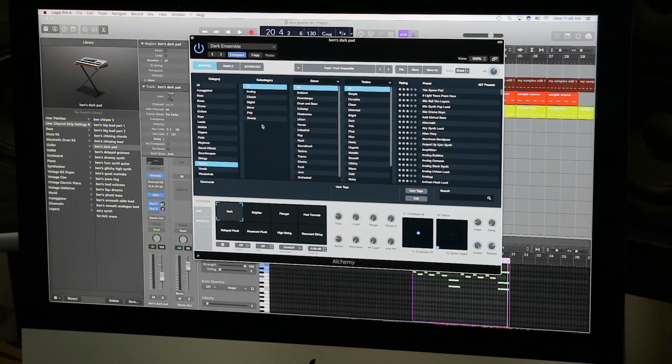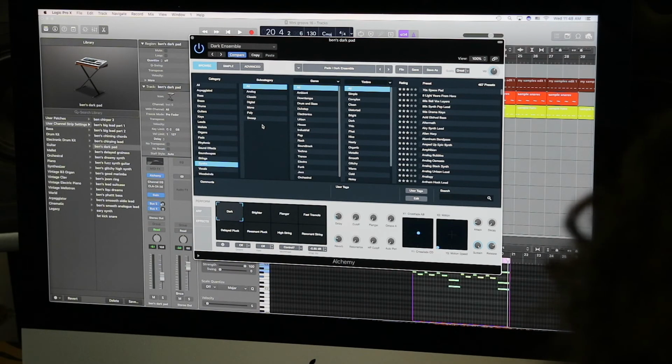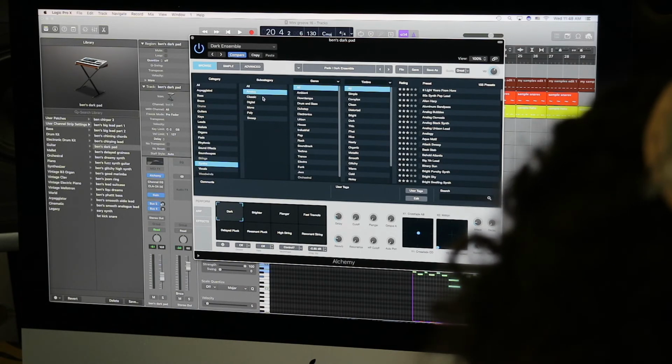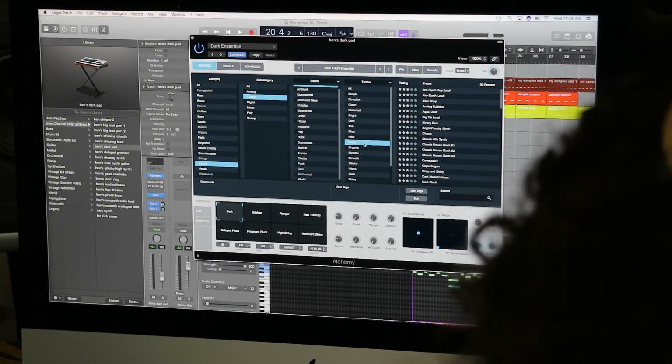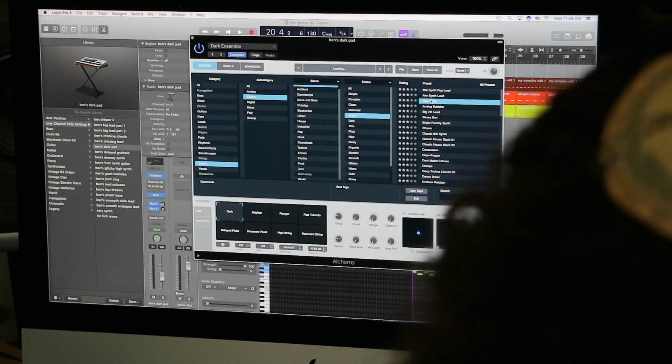Basically, I'll just use Alchemy or whatever instrument and try to get a basic head start with one of their presets, and then I can tweak it from there. So let's see. I think we want something analog, maybe, or classic. Genre, I'm not going to, but I want something not nasty. I want something clean or bright. Maybe bright. Let's see what happens.